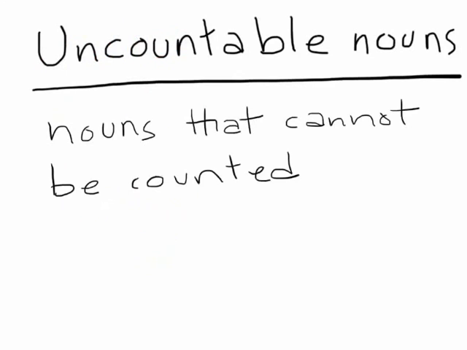Uncountable nouns are nouns that cannot be counted. These nouns do not generally have a plural form at all. When we use them, we do not talk about definite numbers. For example, take milk. We don't say how many milks do you have, do we? Other examples of uncountable nouns are